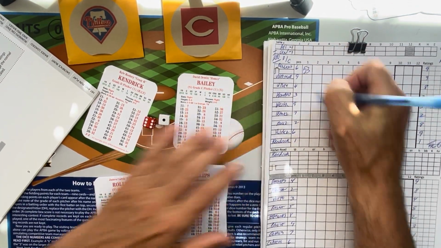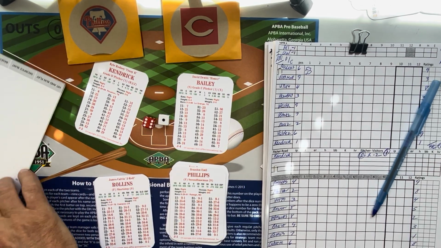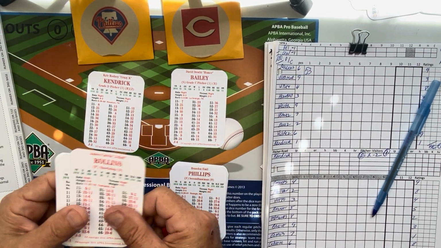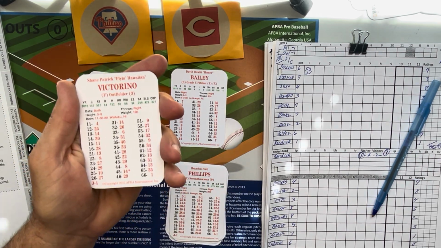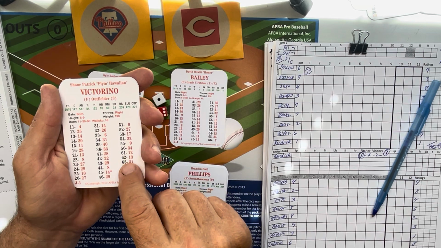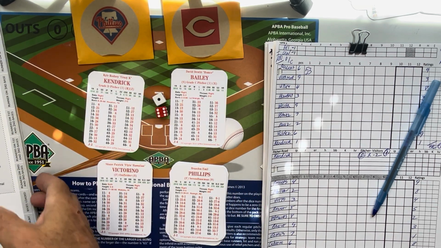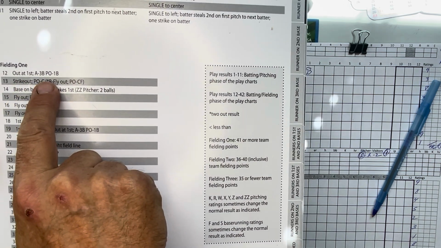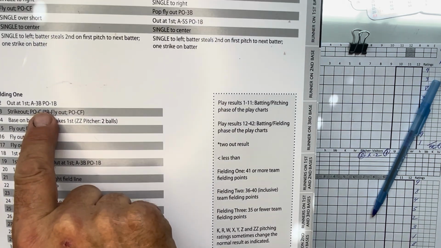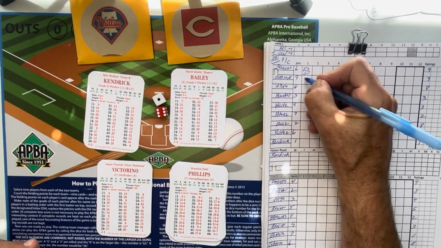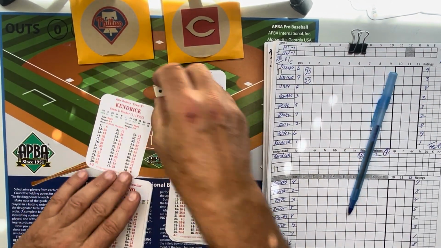So that is 1 out. Rollins is gone. And we move on to the next batter, which is going to be Shane Victorino. Roll the dice, and we get a 61. So 61 is going to be a 12. Again, you go to fielding 1, number 12, and he's out at first. So it is going to be third base over to first base with the put out,